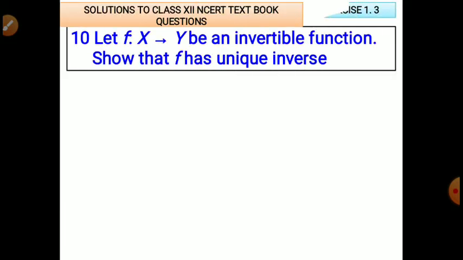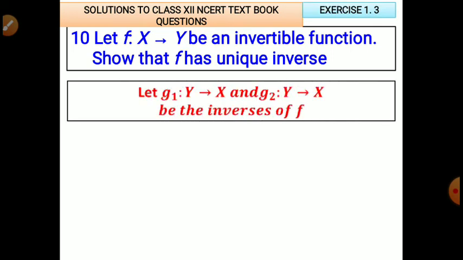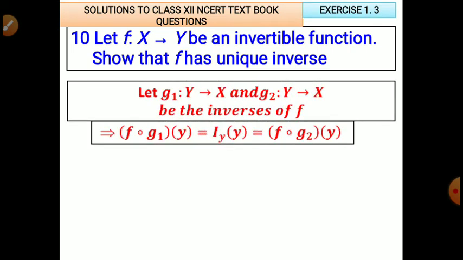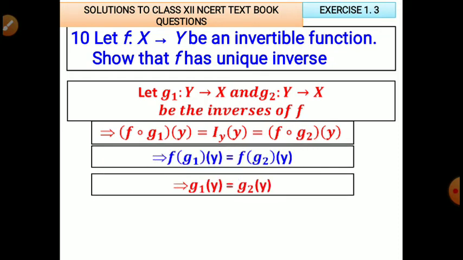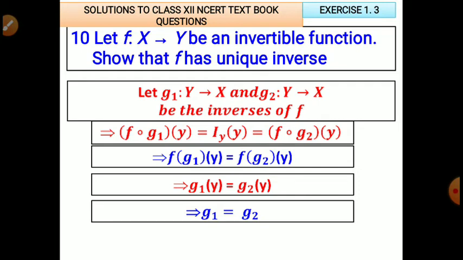Now let us go for the 10th question. Here it is given that f from x to y is an invertible function. Show that f has a unique inverse. So here is a very interesting question. There may be a little confusion for you to solve this. So let g1 be a function from y to x and g2 be a function from y to x, the inverses of f. Two inverses exist. So if two inverses exist,